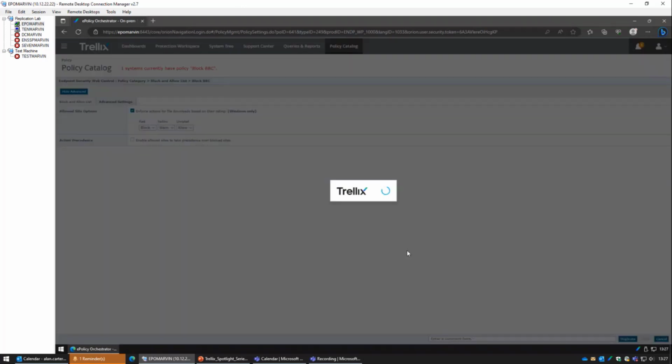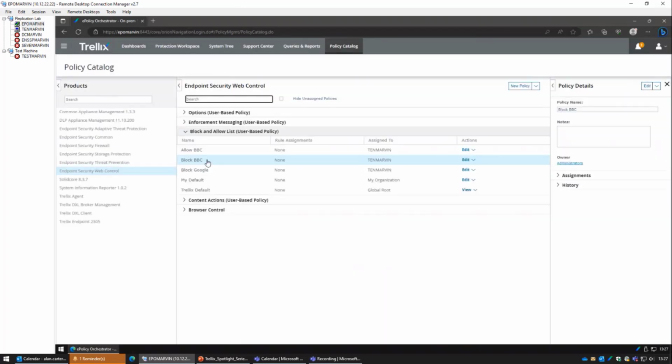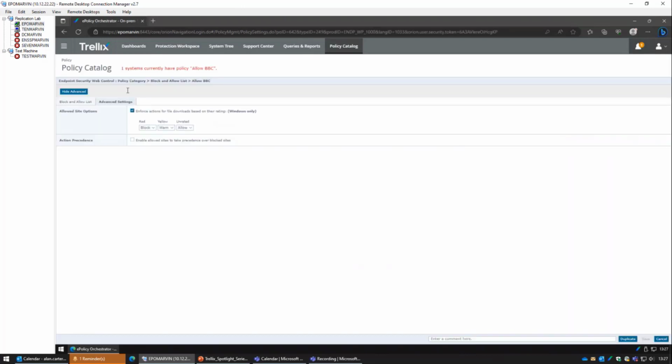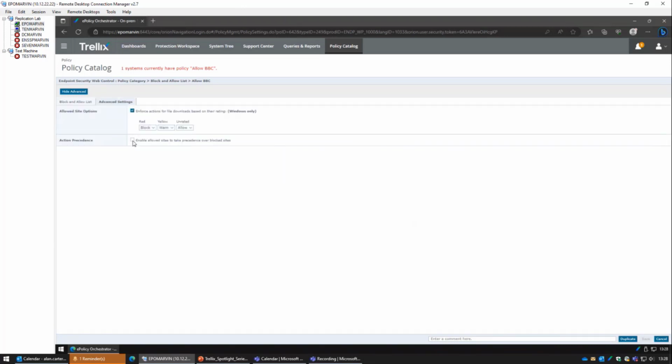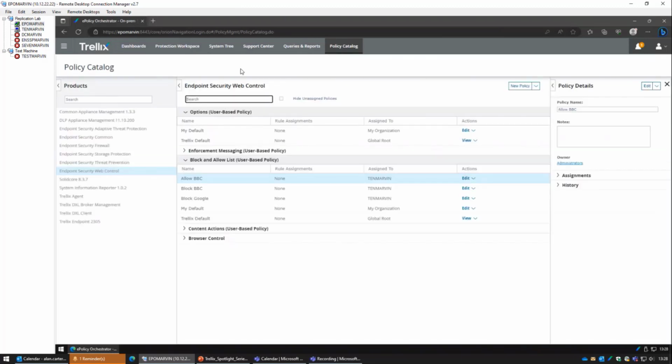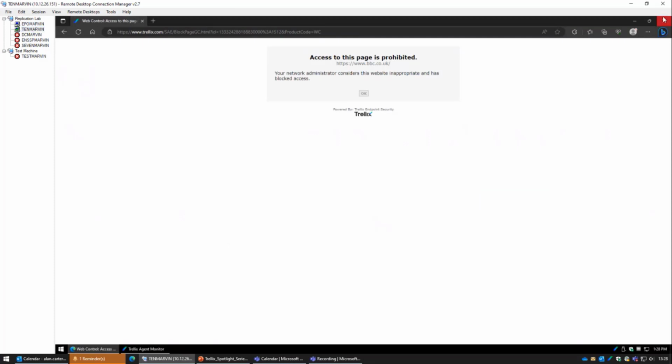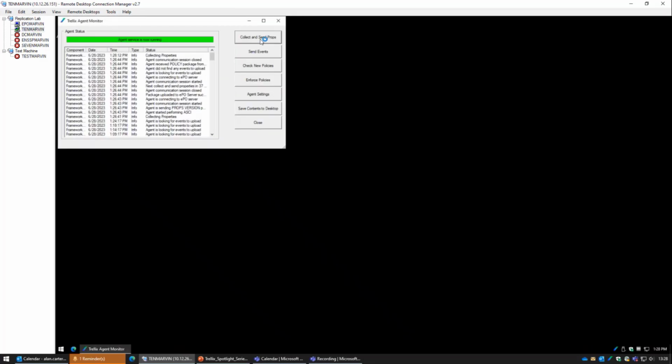When I tested this earlier, it wouldn't actually let me save the policy. I don't know why it's letting me save this time, but the appropriate place to tick that option on is in the list that includes the allow action. So here now, if I tick on this option and I go back to my client and enforce my policies,